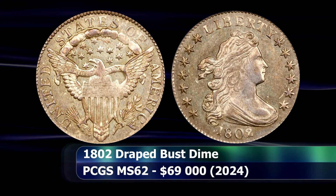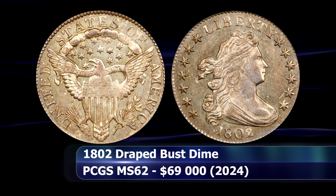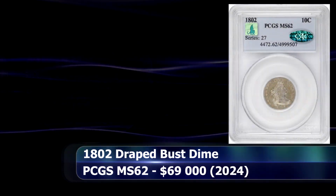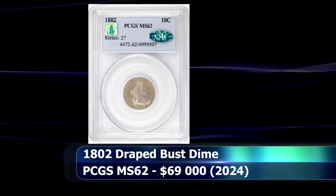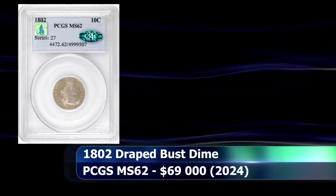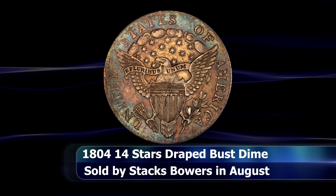This example is one of the finest known at a grade of MS62 from PCGS. It used to form a part of the Pittman and Gardner collections and was sold by Stack's Bowers in August for $96,000. The 1804 draped bust dime saw a mintage of